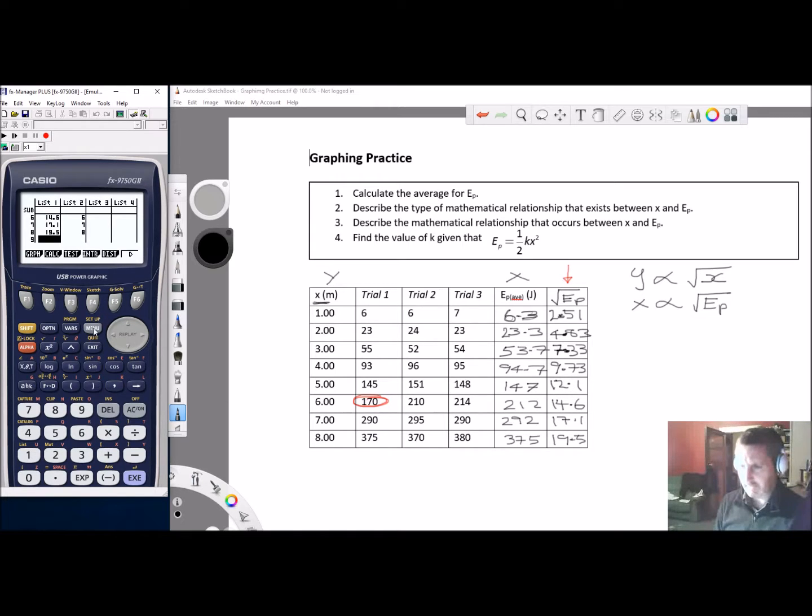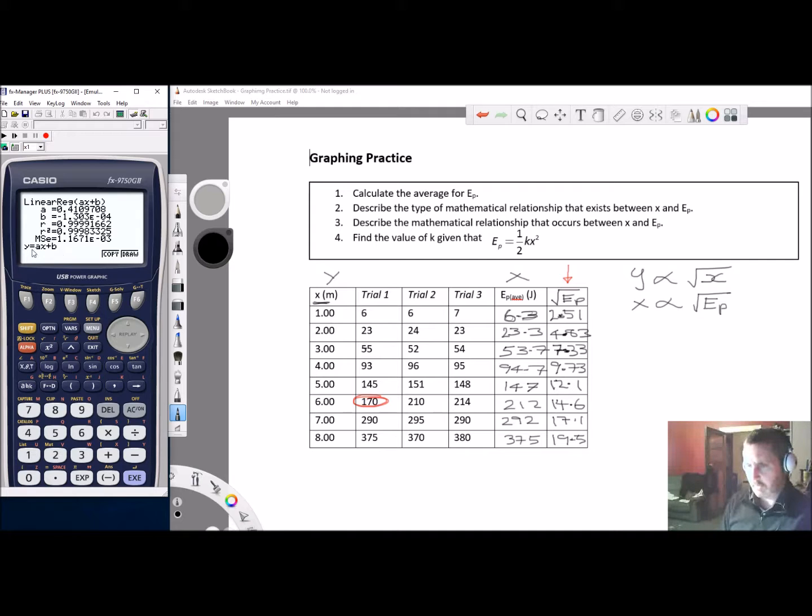this graph now, where I've plotted my y value against the square root of my x, is going to give me a straight line, or a linear graph. There it is. Now notice the dots aren't absolutely perfect, but they give a very good approximation of a straight line. So what we're going to do now is press calculate, press x, because this is just going to be a straight x function for our graph, ax plus b,